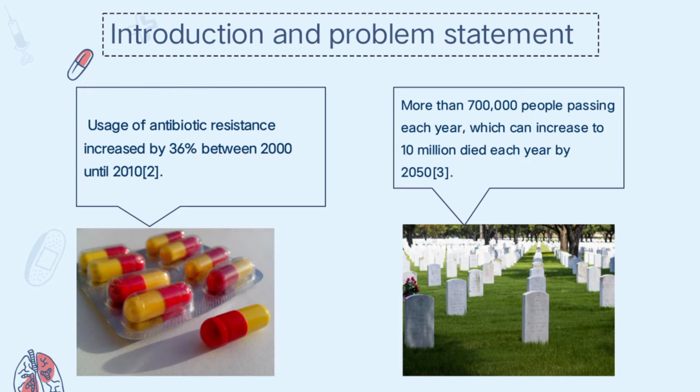This fact can be linked to a global study on antibiotic resistance in which over 700,000 people die each year, with a projected increase to 10 million deaths by 2050. In addition, the usage of antibiotics increased by 36% between 2000 and 2010. This shows that without standard treatment guidelines, antibiotics will be overused by the public. Without urgent action, we are heading for a post-antibiotic era in which common infections and minor injuries can once again